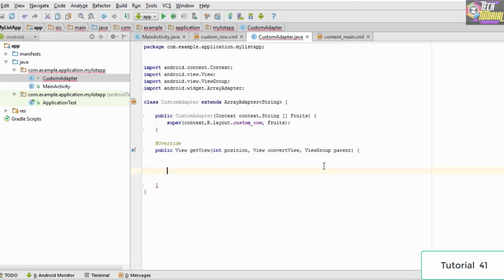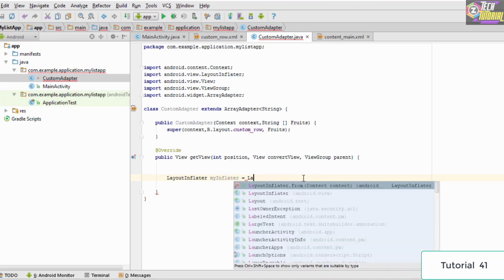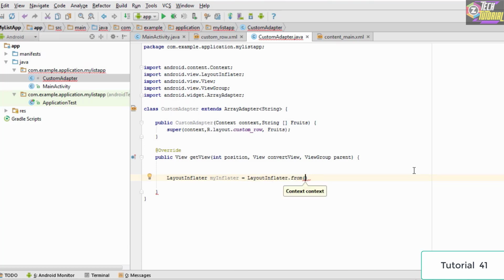So in order to use the inflater for initializing our layout, we type LayoutInflater. Let's name this inflater myInflater. We type equals LayoutInflater.from, and basically we need to pass in the context, so we type getContext inside it.